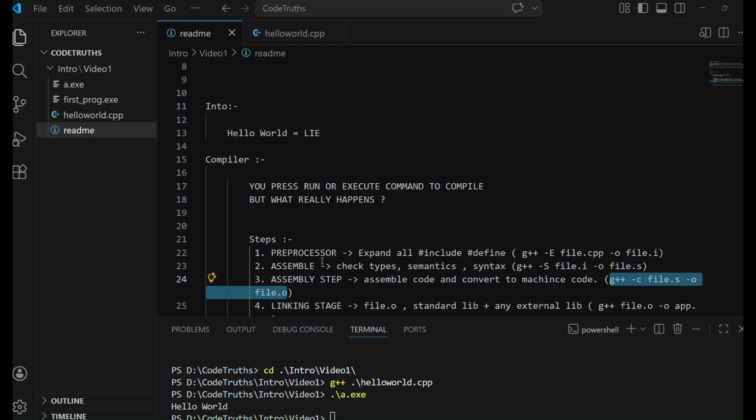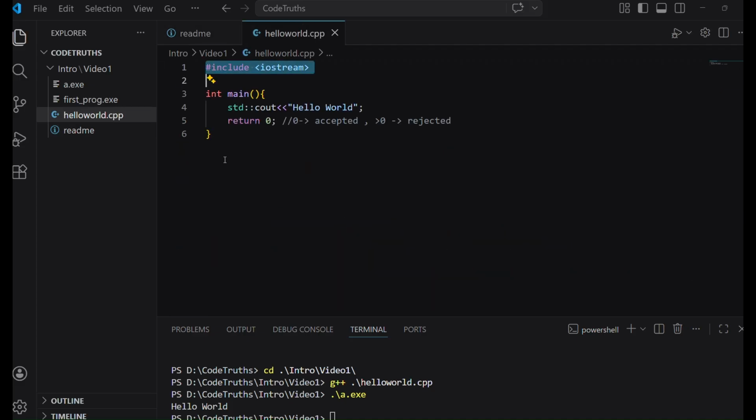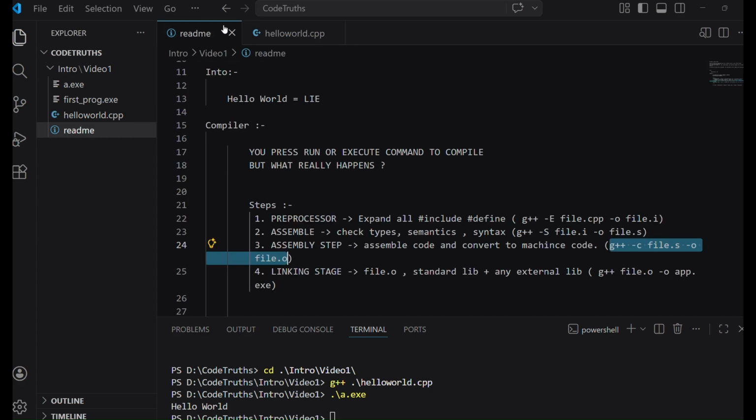Now what is the next step? The next step is the linking stage. What happens in the linking stage? You have your machine code, but many things, the code, are not there. Like this std::cout definition is there, but where is the code? The code is not there, right? We are not writing the code.